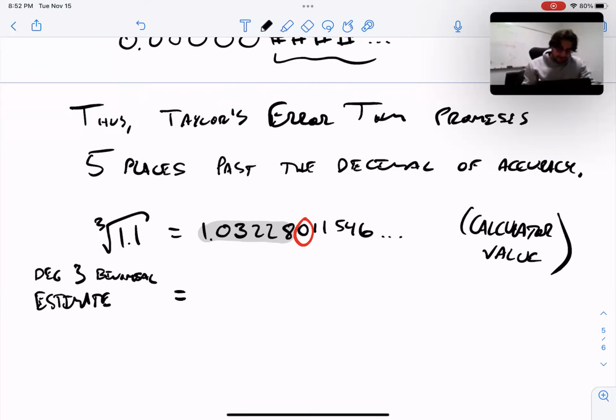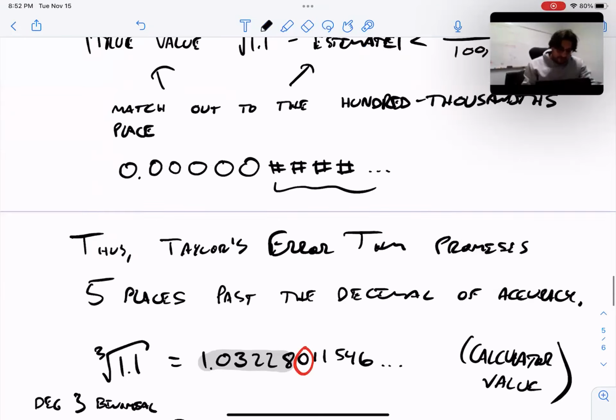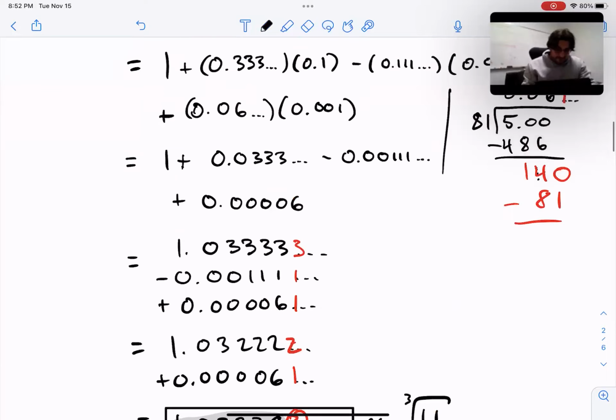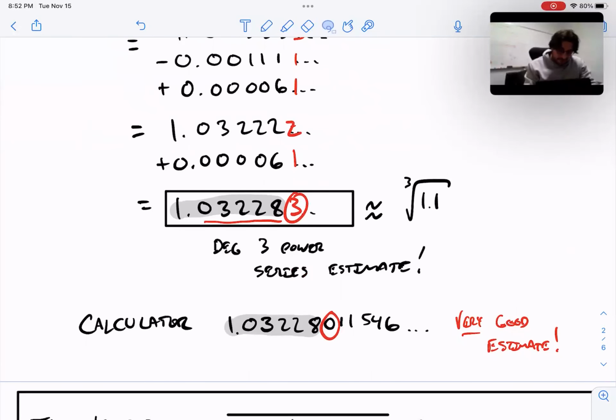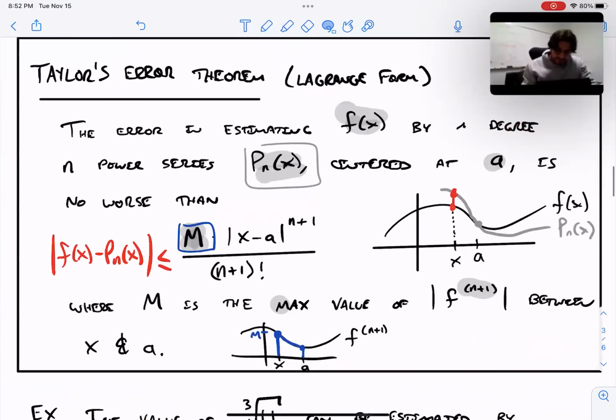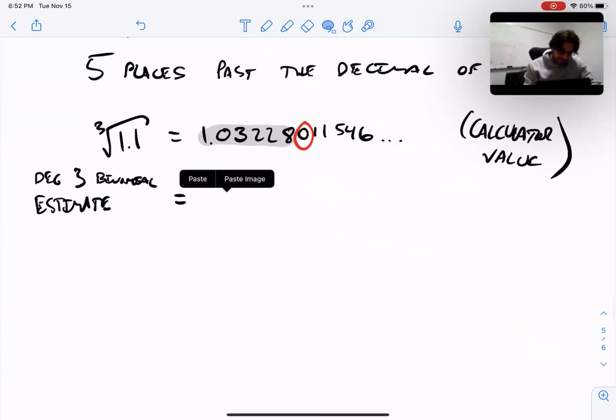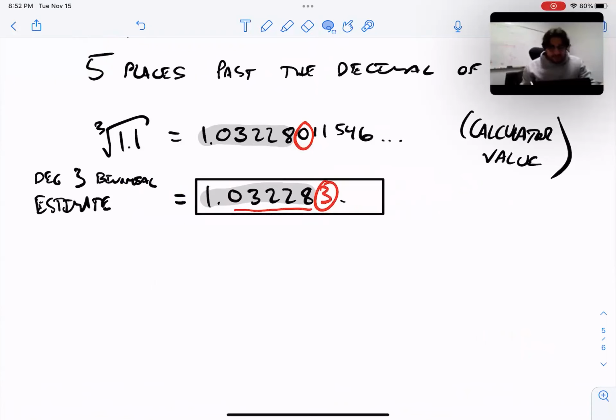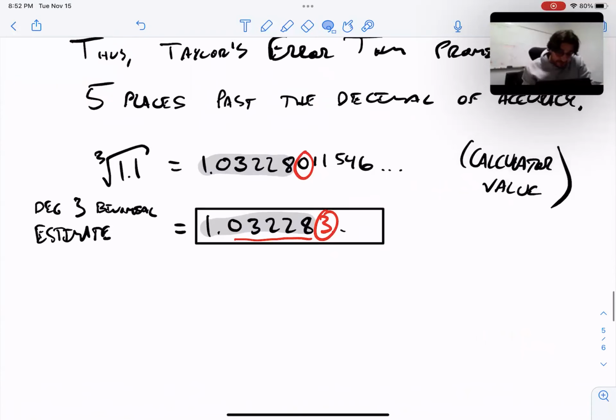This was what we computed in a previous example here, right? This was our estimate from the binomial series. And sure enough, you can see that it's correct to 1, 2, 3, 4, 5 places past the decimal, right? If you subtracted these, what would the error on these be, right? The error in their difference would be what? If you take their difference, you get